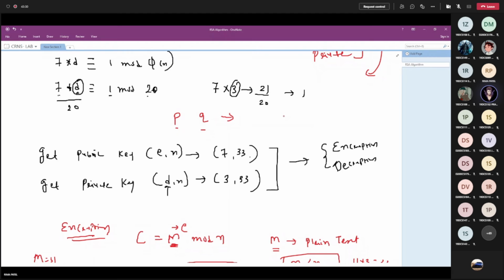Because once p and q are found, we can calculate d also, and that part becomes easy. But assuming RSA is hard. He has to assume the algorithm which is used, say, by me and Parth when transferring messages to each other. Let's say I'm sending the message to Parth. We decided to use an asymmetric crypto system, and in that, RSA. So am I going to tell you, Pratham, that we are going to use the RSA encryption system?